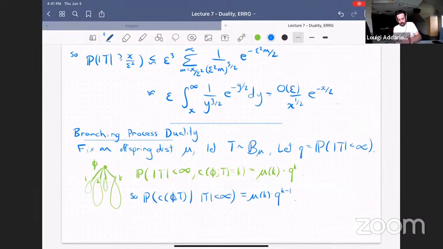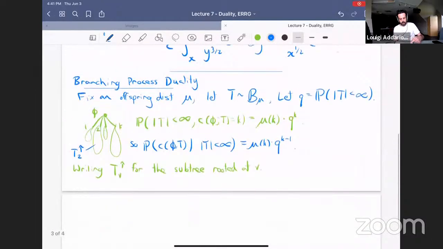But now, writing T_v up arrow for the subtree rooted at v. So this is agreeing with my earlier notation, but now the trees are growing downward, which makes the up arrow a bit funny. But so this is T_2 up arrow, for example. So with this notation, then